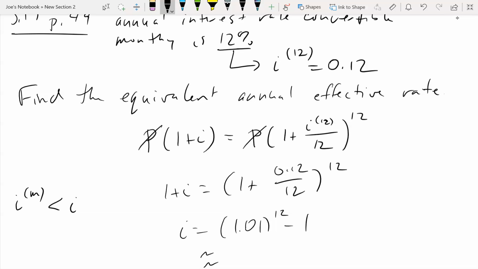And this is what I was mentioning last time with mortgage rates. But the quoted mortgage rate that you get isn't the annual effective rate of your mortgage because it's compounded each month. Same with credit cards. Whatever your credit card interest rate is given to you is not the annual effective rate because again, your credit card interest gets compounded each month. You might pay your credit card off each month, pay the interest. And then you earn hotel miles, airline miles. Somebody might